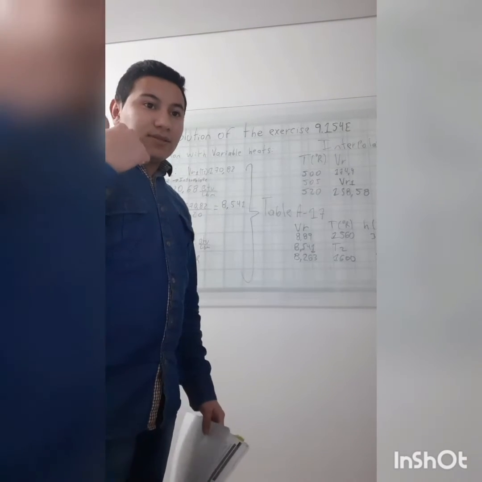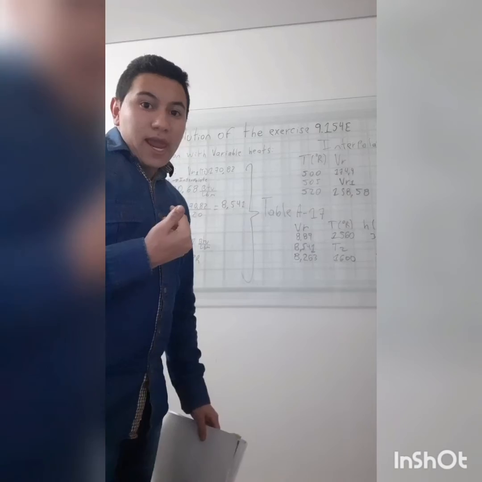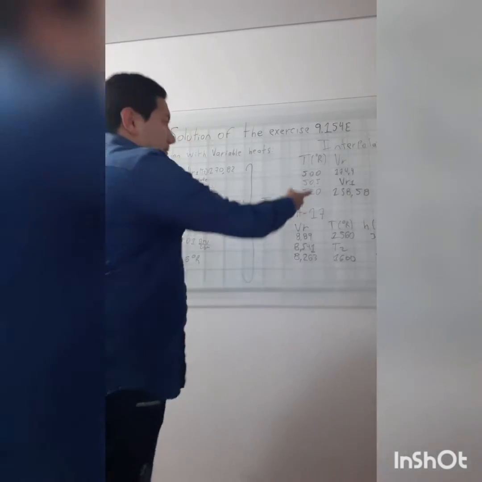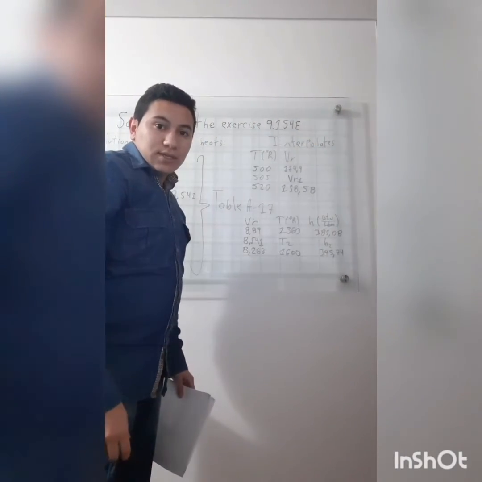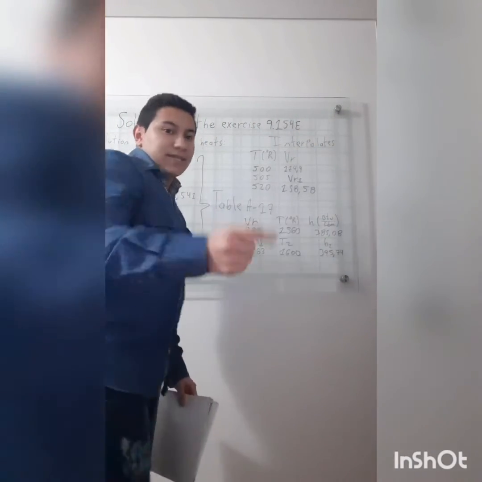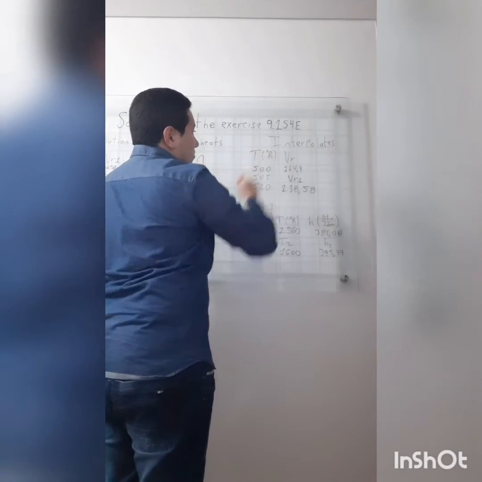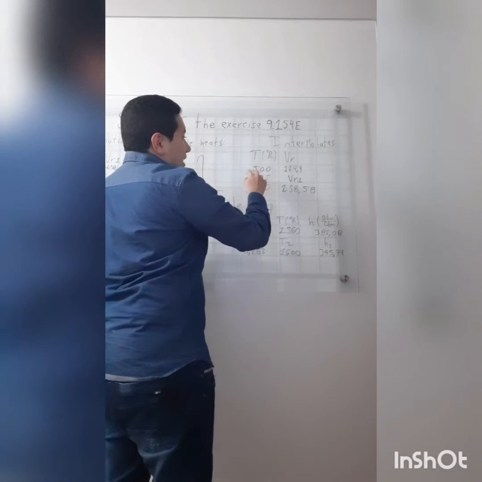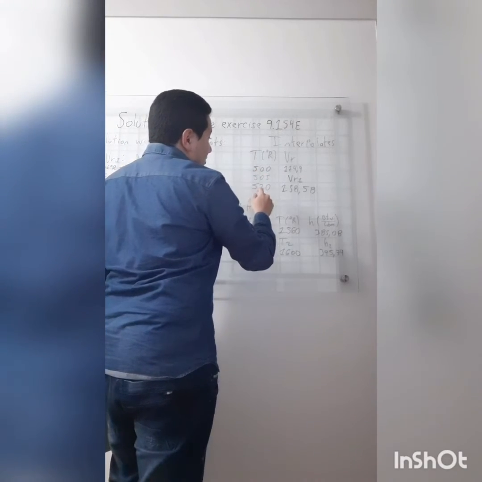Yes, because between these two values we need to find our value. Excuse me, I change a little the zoom of the camera. Yes, the focus camera is this temperature between 500 and 520